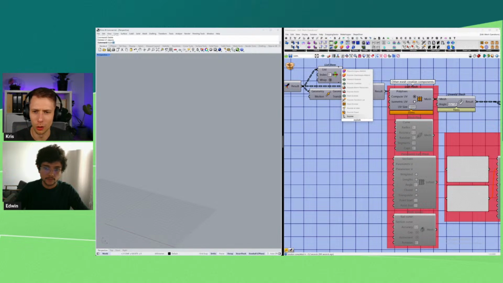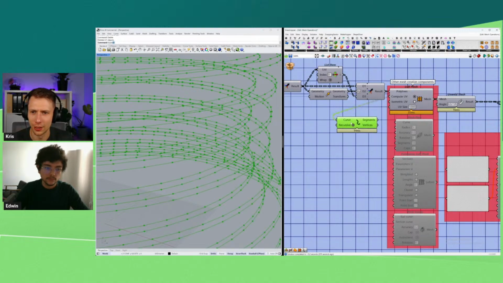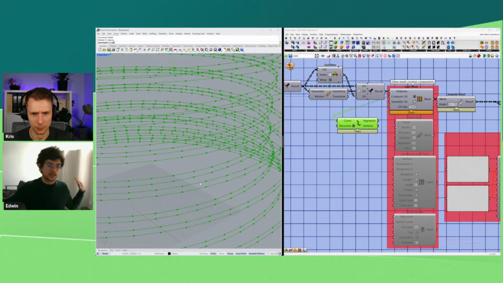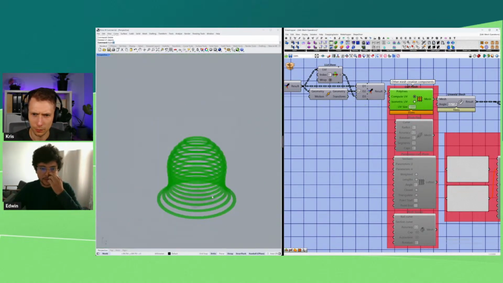Yeah, you have to have control over your data, over how the curves are built. Correct. So here, every single branch has 5 curves, and every single one of these curves or polylines has the same amount of points, because all this component is doing is connecting one point after another to be able to start to create every single one of the quads or triangles of your mesh. And that's why if all of a sudden you don't have the same amount of points, well, your mesh is going to start to look horrible, because all of a sudden the order of your points changed. So that's why you have to keep that same amount of points. And then that's how you can create a mesh from scratch in this case.